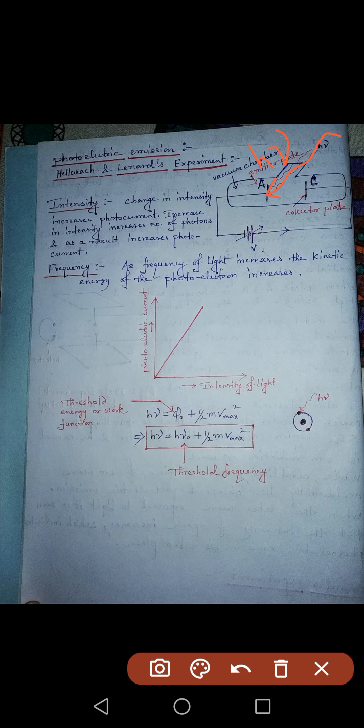Okay, now if I say that the intensity is increased, the meaning is that the number of photons falling on this particular plate has increased. Intensity increases means number of photons increases. Frequency does not change. Frequency of each photon will remain nu only. In fact, the energy associated with each photon will remain h nu only. No change in energy, but yes, intensity means the number of photons.